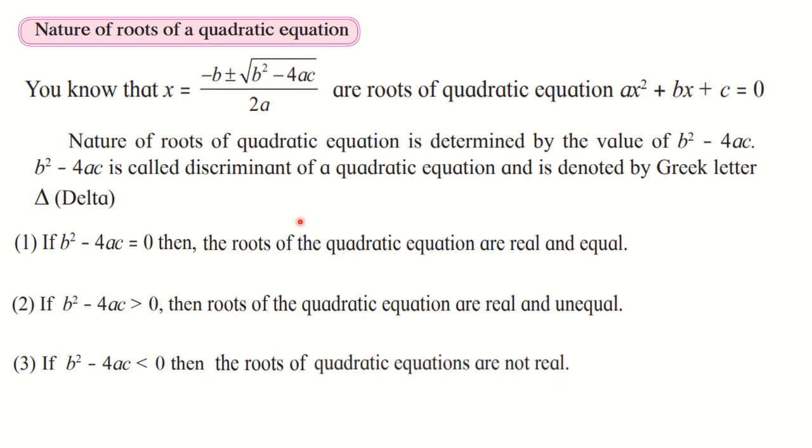I told you that whenever the question says solve by formula method, if you are getting the value of b square minus 4ac negative, you check whether you have made some mistake. But still if you are getting negative, you are not going to put it in the formula. You will write that since delta is negative, the quadratic equation's roots are not real, and you will stop there only. So this is one more benefit of finding b square minus 4ac first while solving by formula method. I hope you must have understood the nature of the roots here.